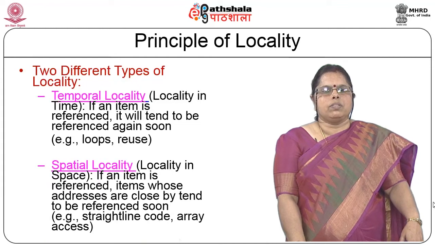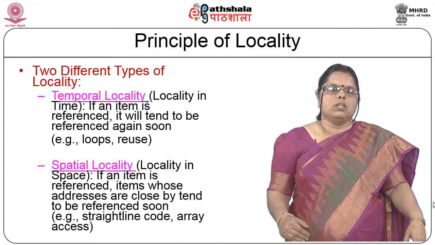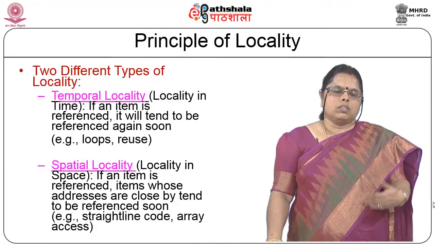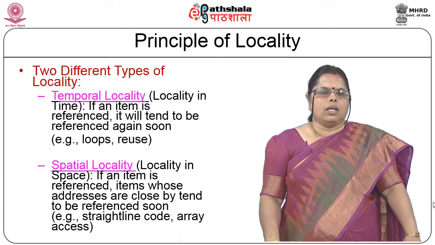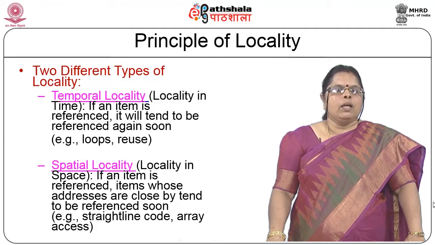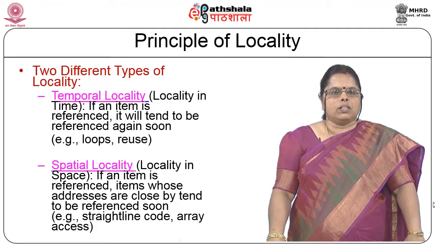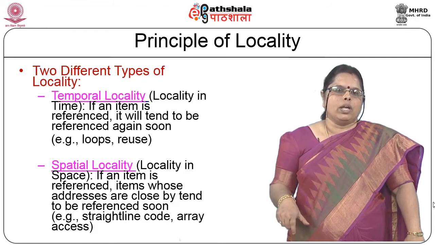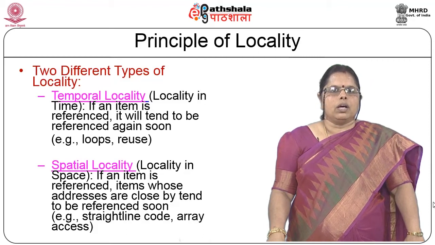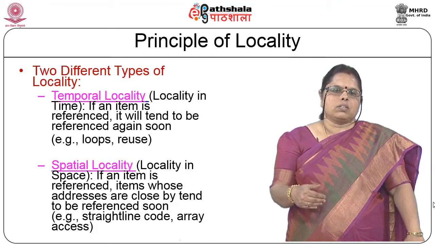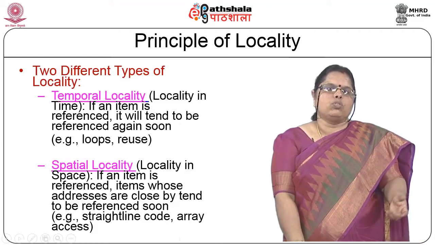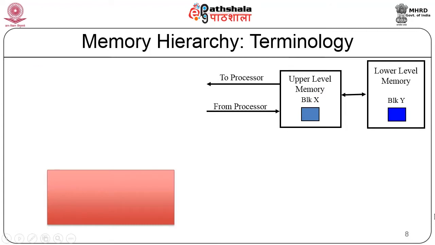Temporal locality of reference indicates that if a particular instruction or data is accessed now, it is quite likely that the same data or instruction will be accessed again and again. An example is a loop, where you repeat the same loop again and again. Spatial locality of reference indicates that when a sequential code is being executed or elements of an array are being accessed, if one particular data or instruction is accessed now, it is quite likely that the next one which follows it, which is close to it, will be addressed next by the processor.